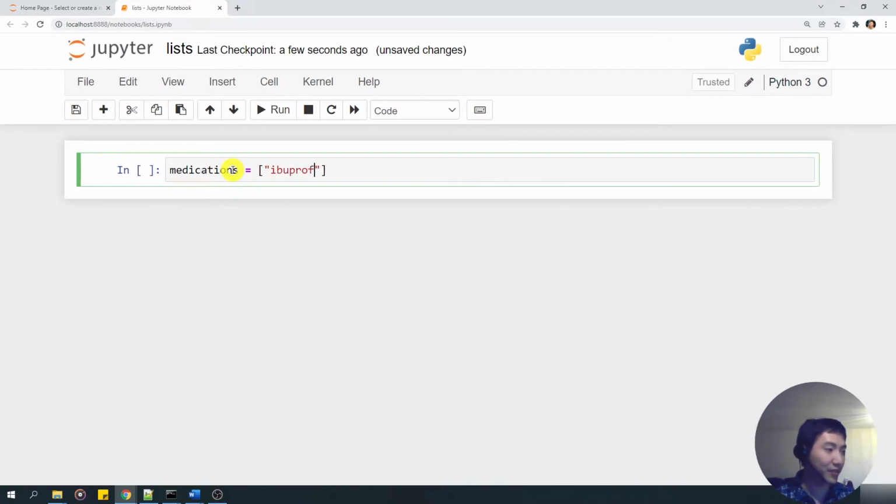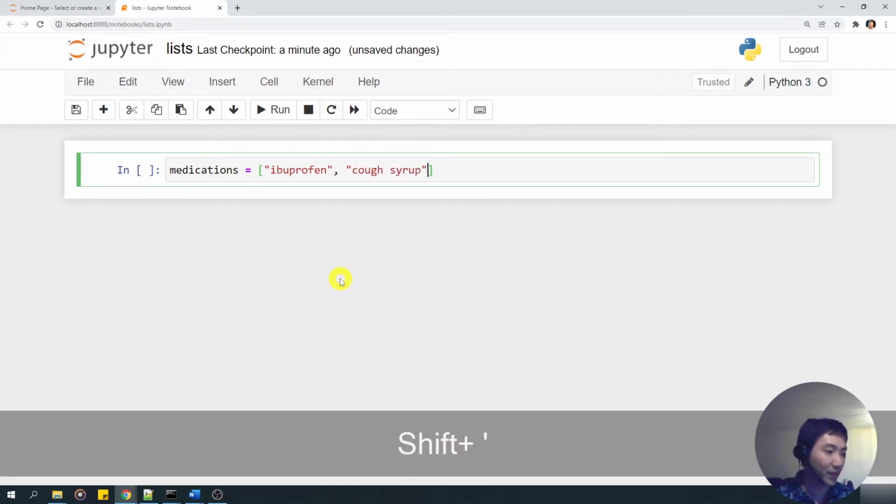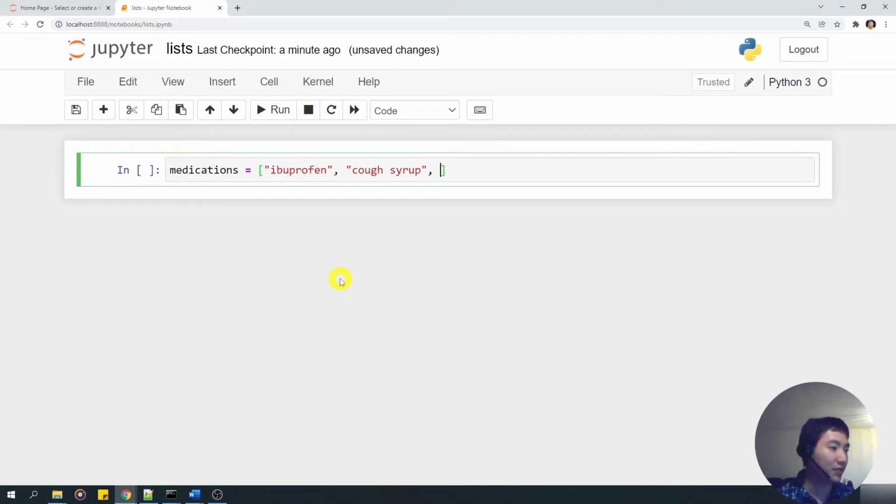So ibuprofen, comma. So what I did here is use square brackets to indicate that I'm using a list. And inside the square brackets, I have strings enclosed by quotes, but this could be other data types as well. It doesn't have to be strings. For this example, I'm going to use strings. And I separate items within this list using a comma. So I have another thing in the list. I say, cough syrup, close quotes, and then